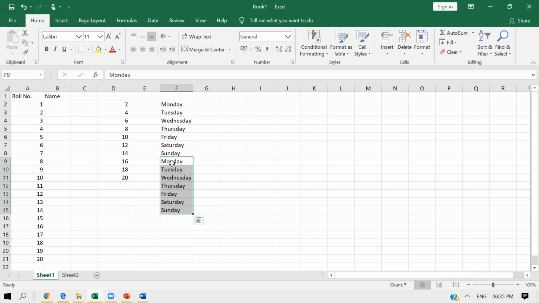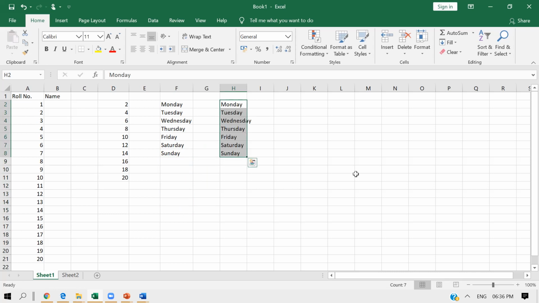So what all things we have done? We have seen our Excel screen, we have entered the data, we have used the autofill feature, we have tried to copy the data, and we have tried to move the data. For moving the data, I showed you the keyboard shortcut, or you can select the data and from the clipboard section of your ribbon, click on cut, then go somewhere else and click on paste. That will move your data.